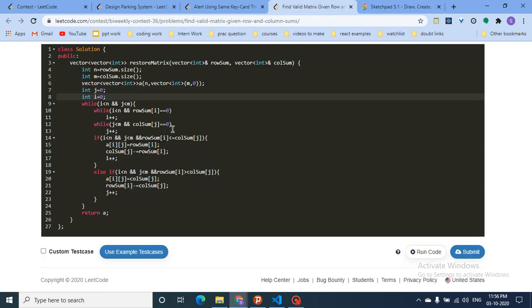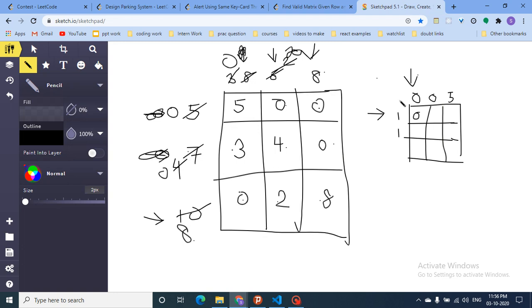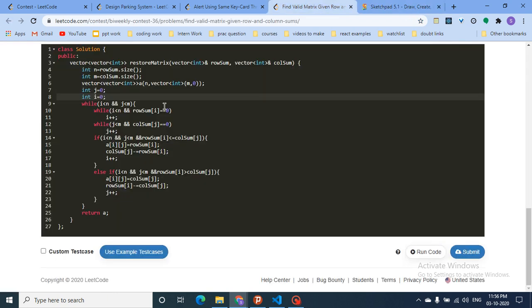So what we'll do, at the initial start, we will make a while loop and we will move my i pointer such that if it is equal to 0, we will move to the next pointer. Check that, okay, this is equal to 0, move to the next point, till we find a non-zero value. We will do the same for i and j, because if it is 0, then the particular row or column will be 0 only. So we don't have to do anything for that column because we have initialized with 0 only.